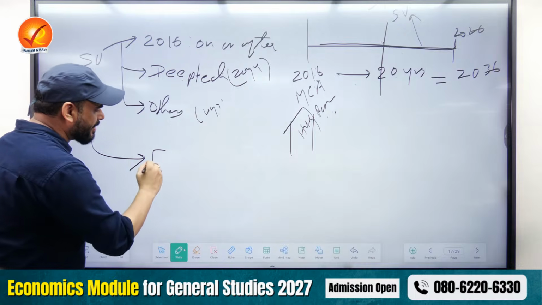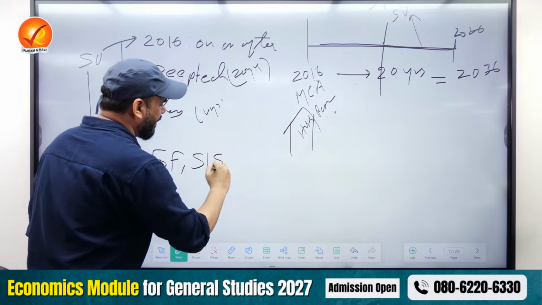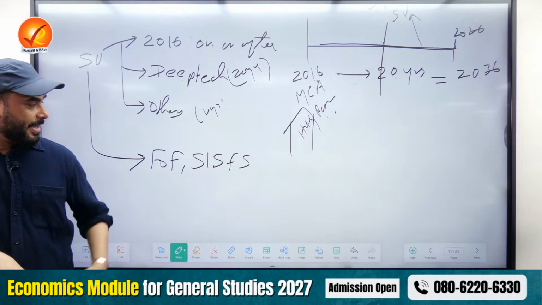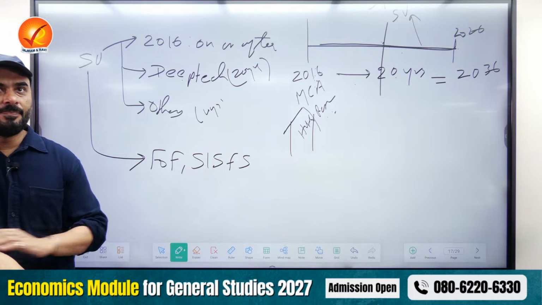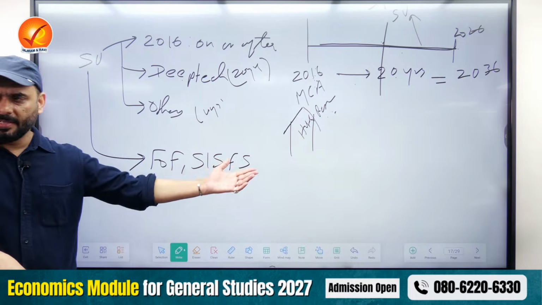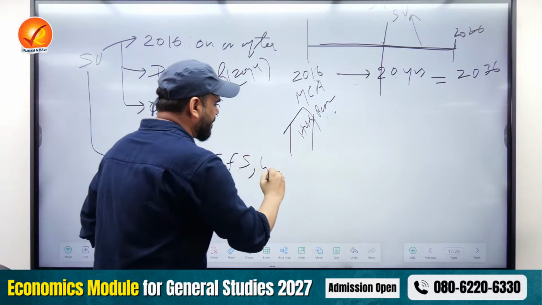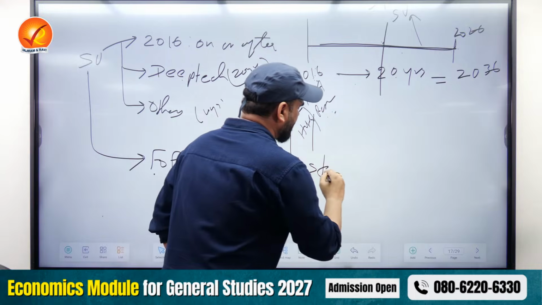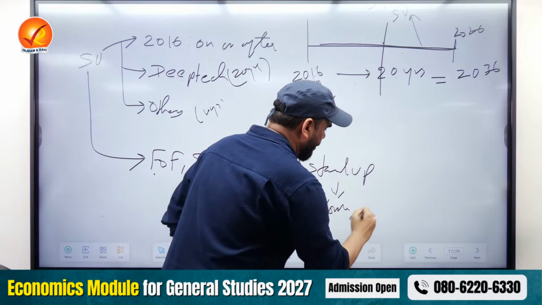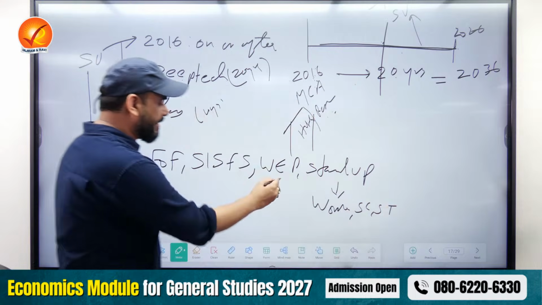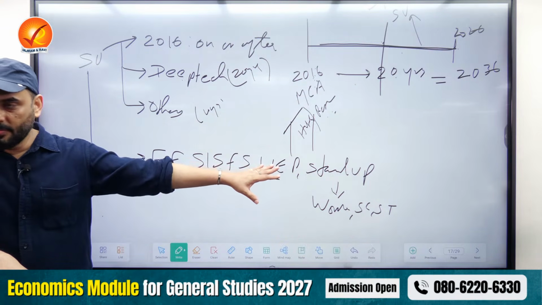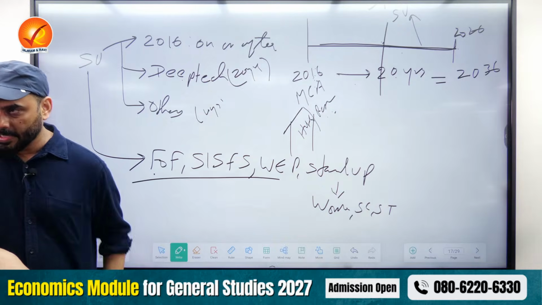The first scheme is Fund of Funds. Again, it is the Startup India Seed Fund Scheme. This way, you can make a list of schemes which you have to prepare for startups. A couple of others, like the Women Entrepreneurship Platform, are especially for women. Then you have a scheme called the Stand Up India Scheme, which is for women, SCs and STs. These schemes are for everyone, but to specifically target those people who are slightly disadvantaged, the government of India has brought this scheme.